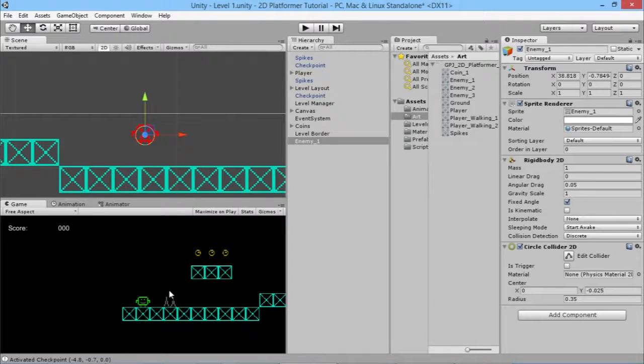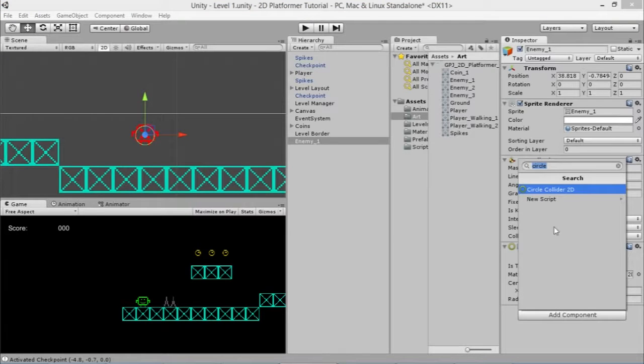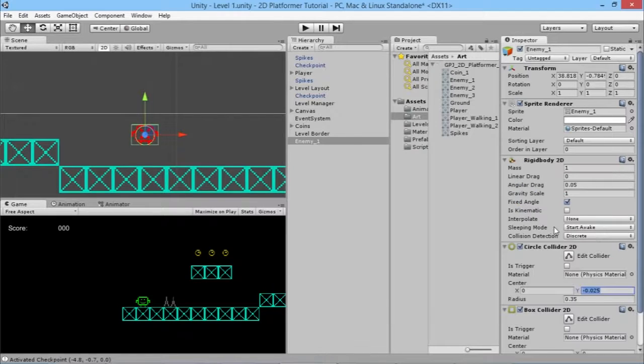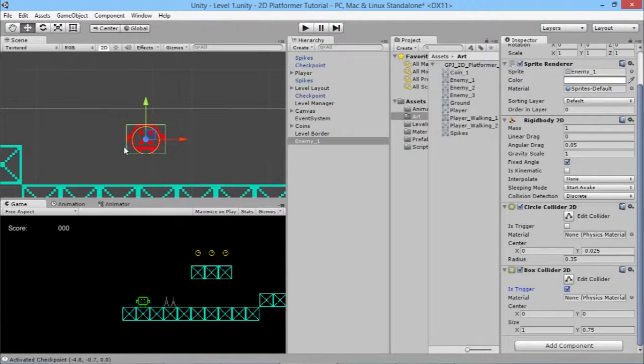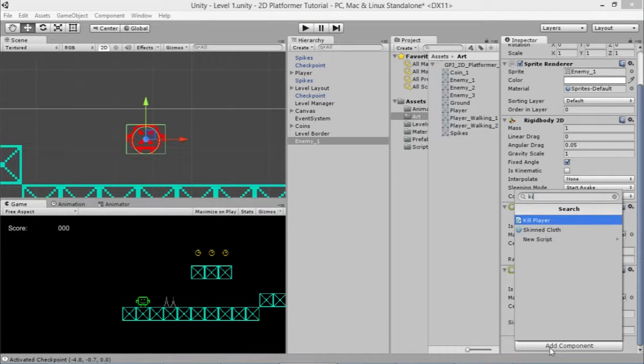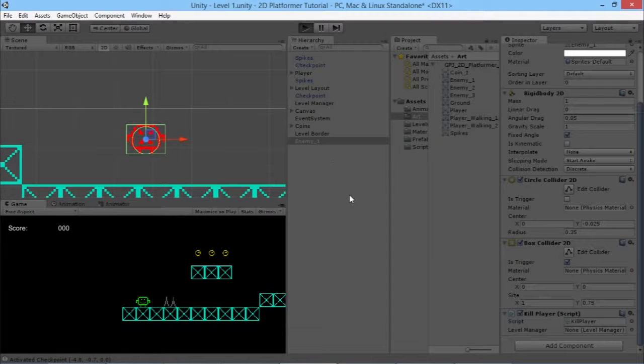But we want him to be able to kill the player. That's important. So what we want to do is we'll add a Box Collider 2D this time. We'll make that a trigger. So now that's the size. So this whole area outside the circle, basically, if the player touches any of that, he should get killed. So the way the player will get killed, of course, is we'll add our kill player script once again. Yeah, and we'll hit play